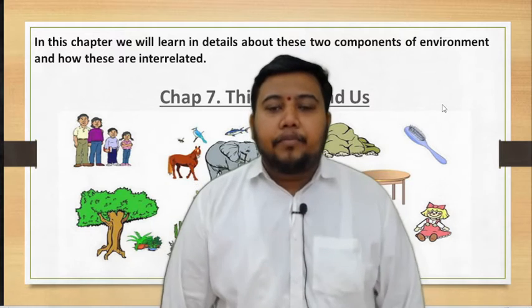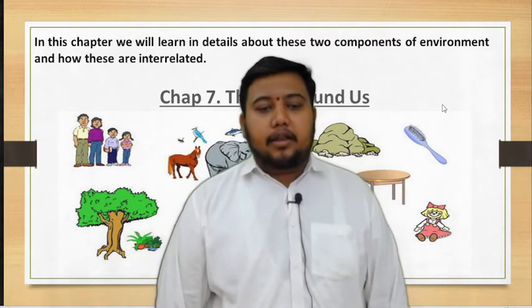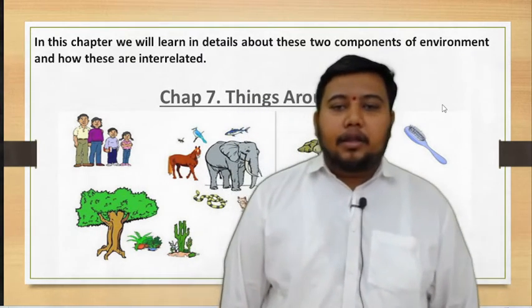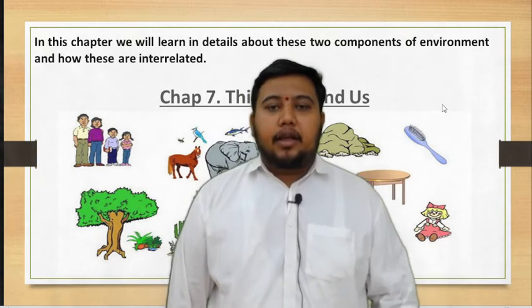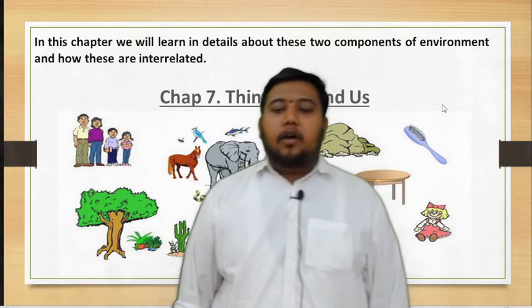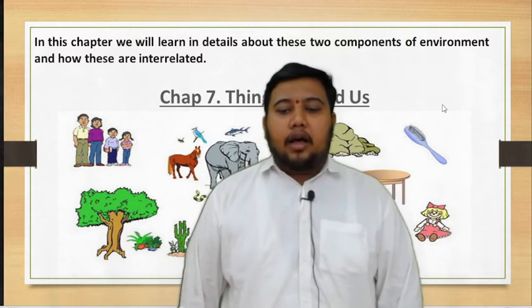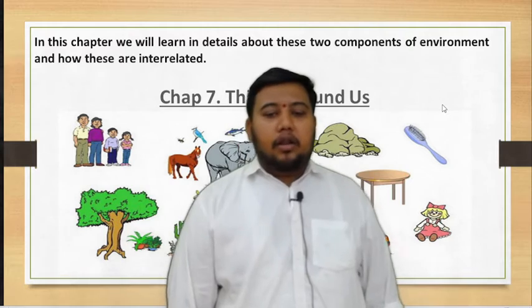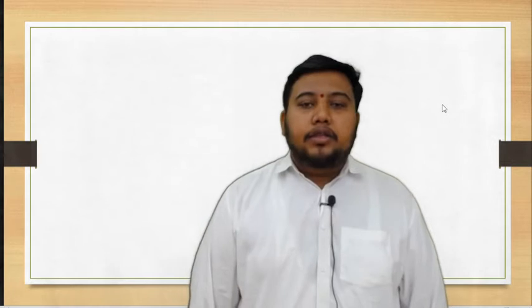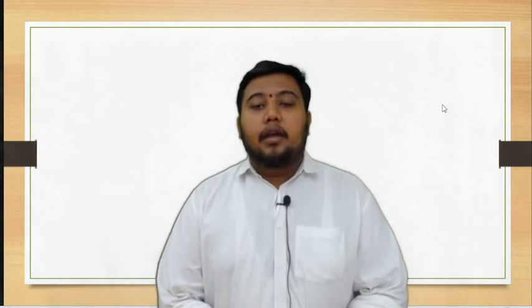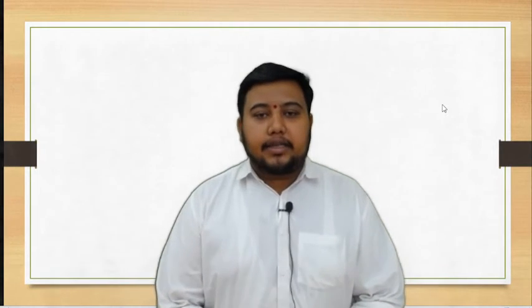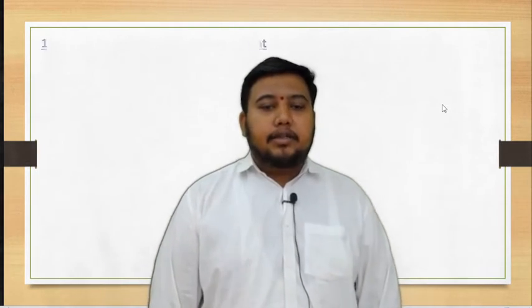On the left side, the biotic components are humans, animals and plants. They are biotic components having life. And on the right side, all are abiotic components. Car, table, mug, doll, socks, all these are abiotic components. In detail we are going to see. In today's session we are going to learn about biotic components, what is meant by biotic component and their characteristics.